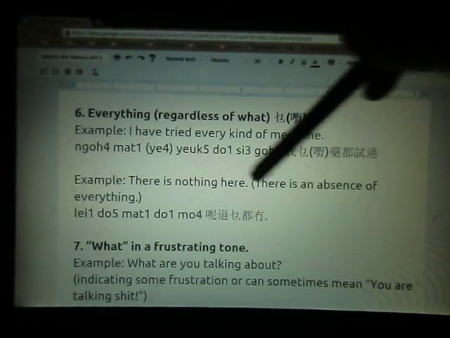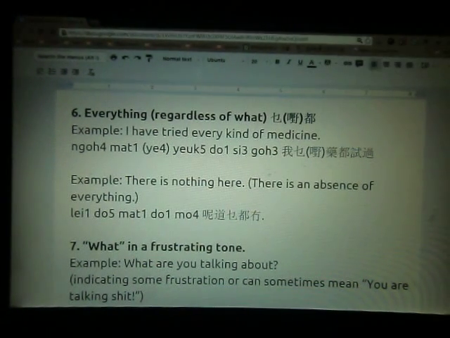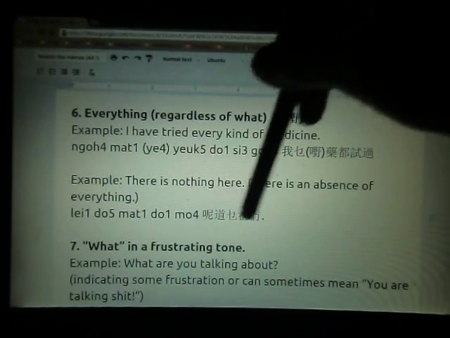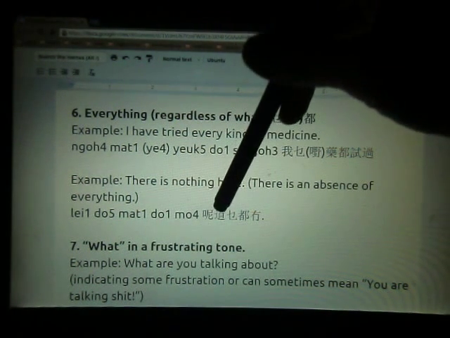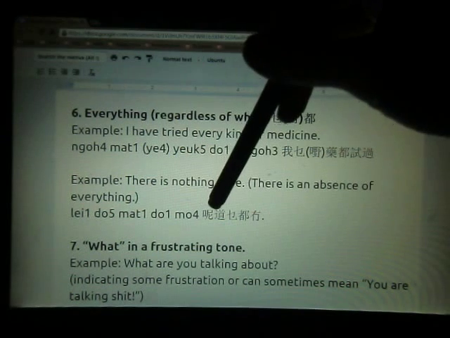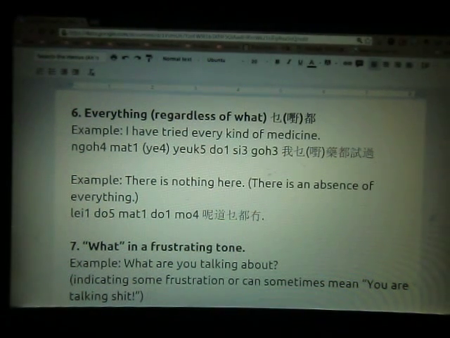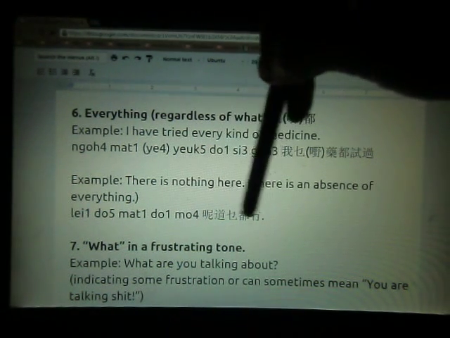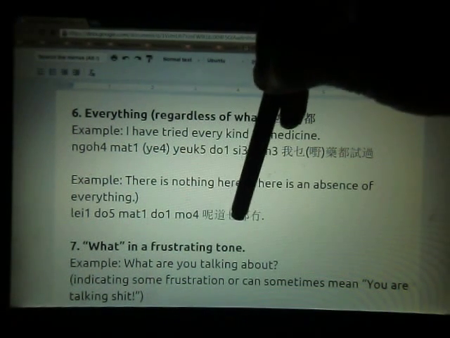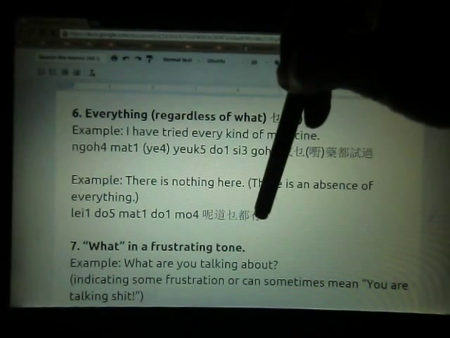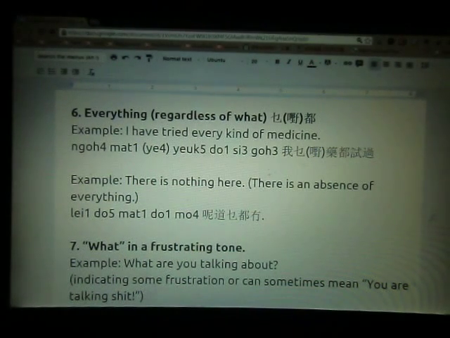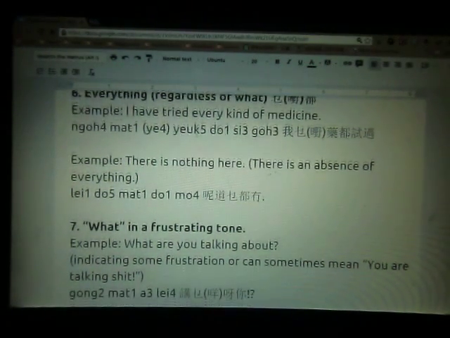In other words, if there's something here, the something actually belongs to here. That's why we have 呢度有 whatever or 呢度冇 whatever instead of 呢度係 or 呢度唔係. We say 呢度有 or 呢度冇. 呢度乜都冇, 呢度 here, 乜都 everything, not exist or not possessed. 呢度乜都冇。